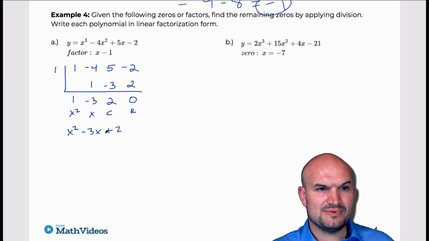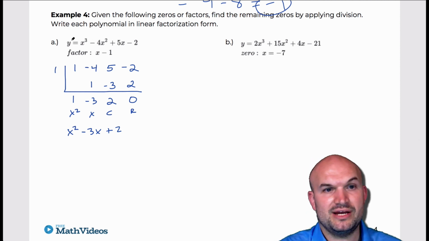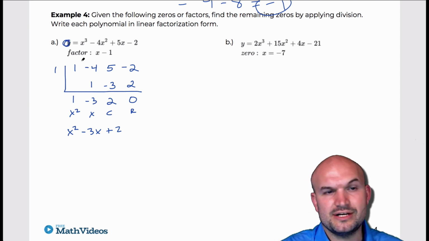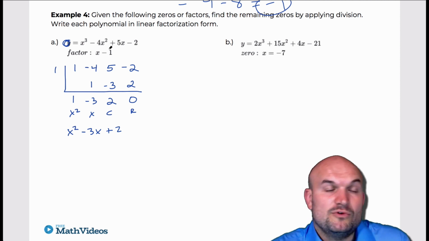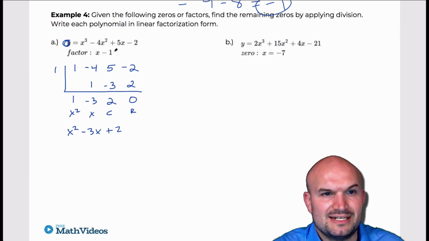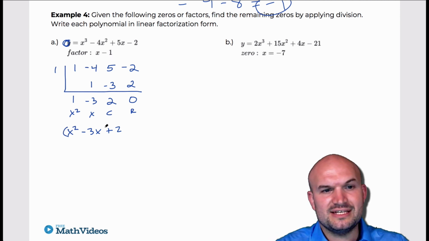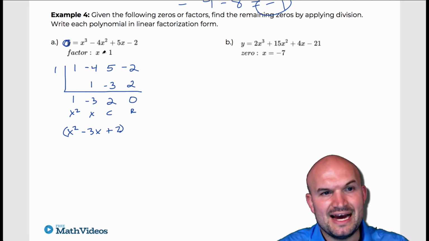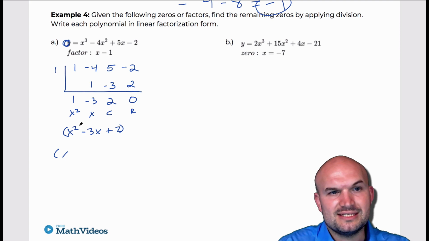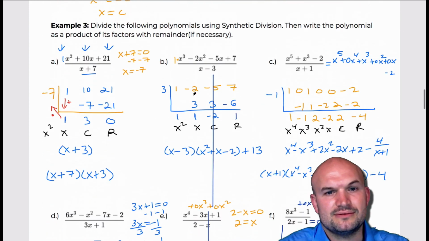And what's important here is if I want to find the zeros of this polynomial, I would set this equal to 0. And then I would try to see. Well, the problem is I can't factor this polynomial. I don't have any factoring techniques to be able to factor this. However, if I know that this is the quotient when I divide this polynomial by x minus 1, that means I can rewrite this polynomial as a product, just like what I did at the beginning. If I know that that factor divides into it,